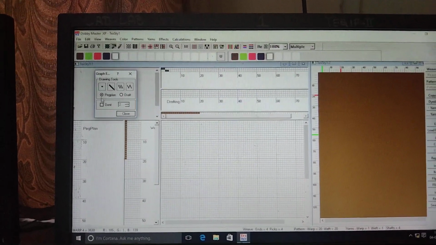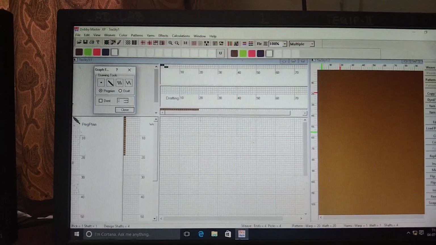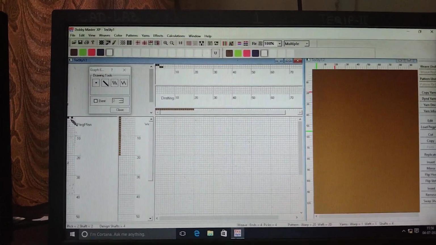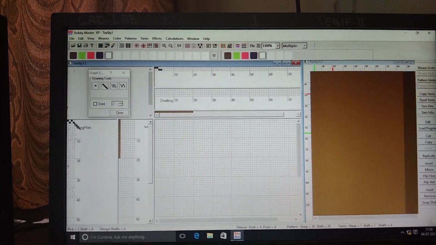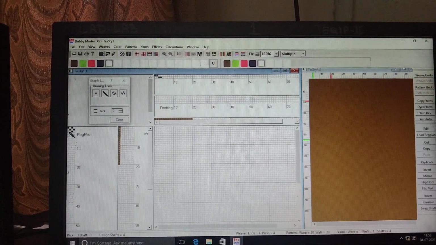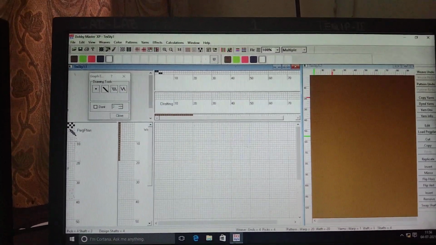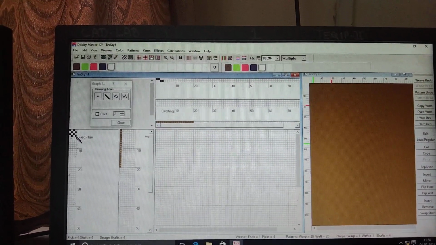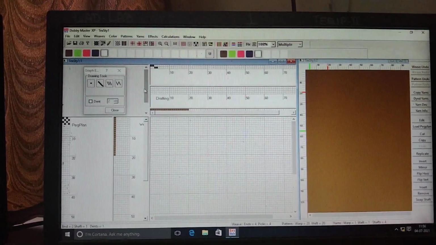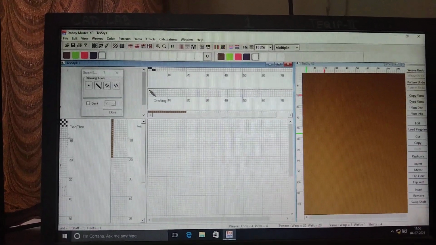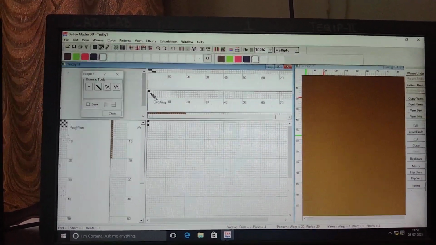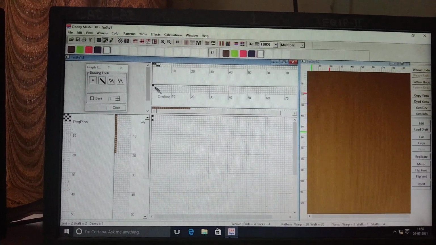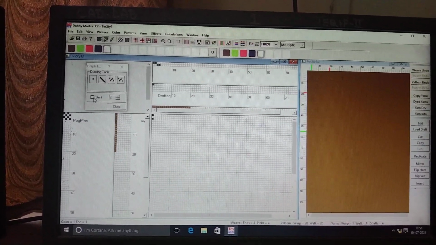Select peg plan and fill it according to my weave, according to my choice. Left click on the mouse. Now draft. See, as I click on draft, the weave automatically appears.